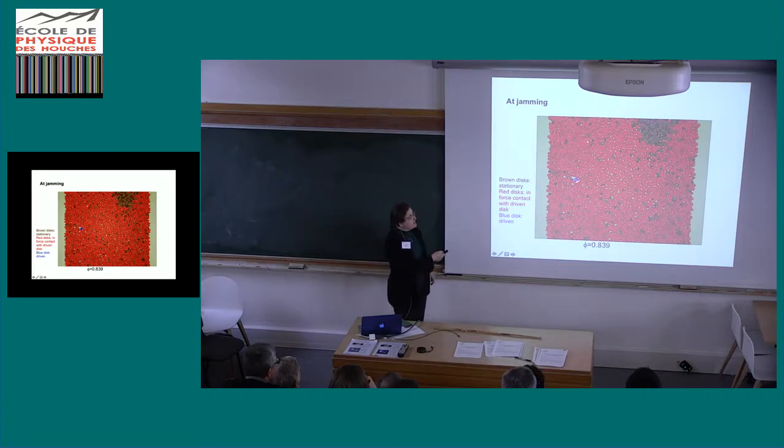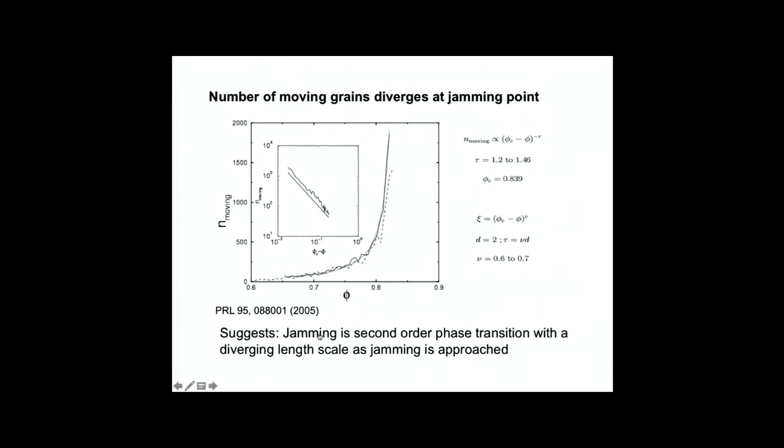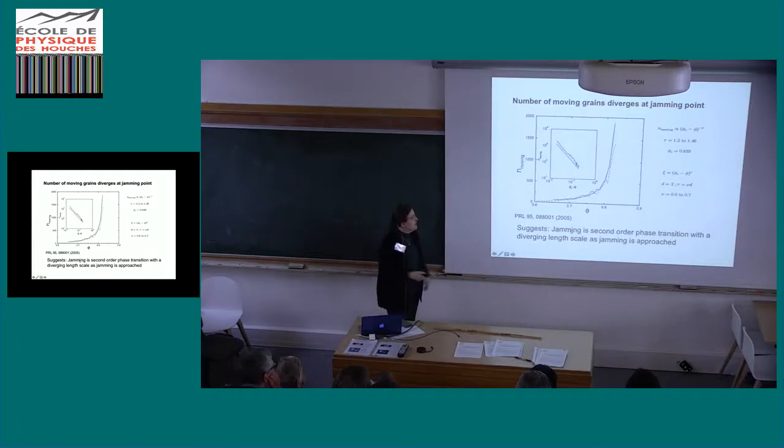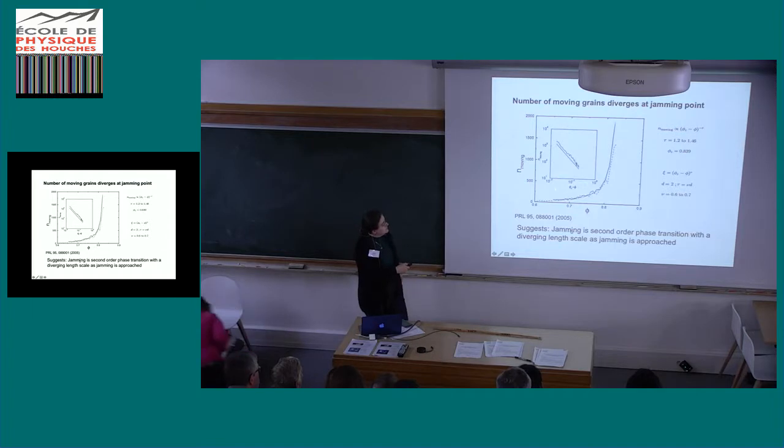So here the simulation is still running, but the disk has ceased to make forward progress, apparently. In actuality, this disk is now pushing absolutely all of the other disks. So the velocity has become extremely slow, and the whole system has now become a solid. So by grabbing one part of it, we can push everything. We can measure the number of other disks that are being pushed, and from that extract a length scale. So this is as a function of the density of the other disks, and we find a divergence of this length scale, which goes as a power law as you approach this jamming point.